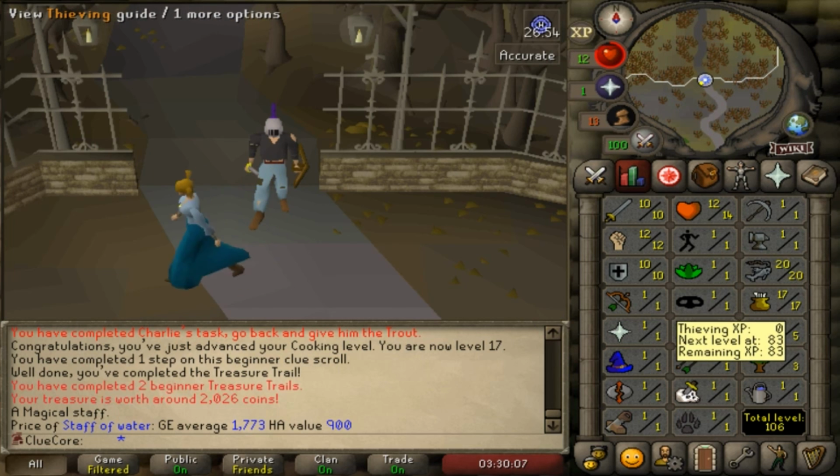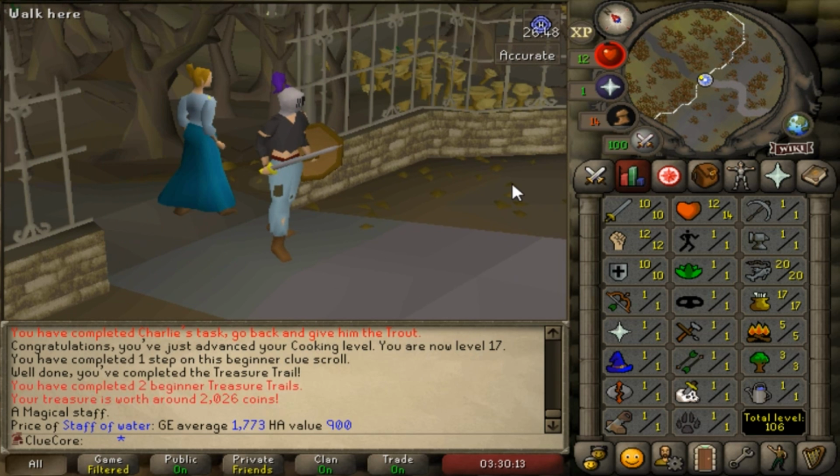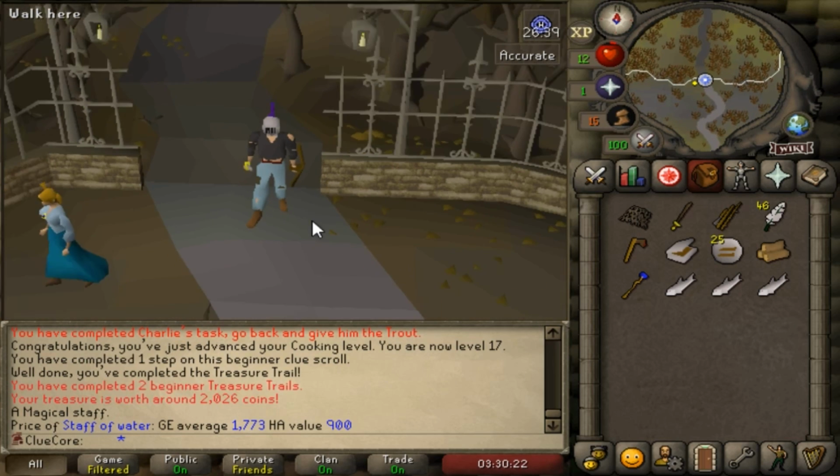I'd also like to try and get 15 thieving, so we can do ham members for easy clues. Killing 200 goblins or so to get 2 clues was a bit slow. I'd rather do something a little quicker, and ham members are great for that. But yeah, this is the end of my